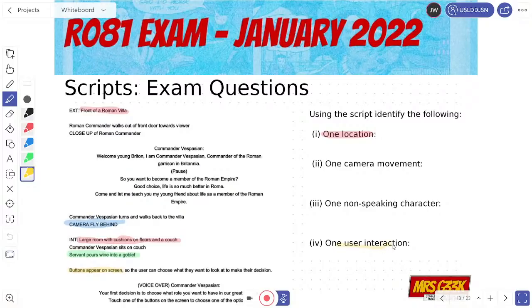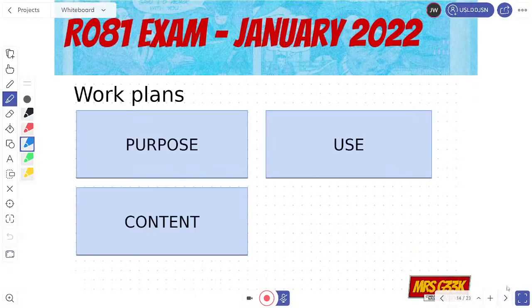So I realise I haven't coloured the rest of these in here. And this is a typical question you will get on scripts. Identifying parts, identifying locations and things like that. But like I said, you won't be asked to write one. So they wouldn't say, here is a story, now write a script for it. So you haven't got to worry about writing a script in the exam. Okay, I think that is all on script. So again, as with all the others, feel free to leave some questions in the comments if you want to.